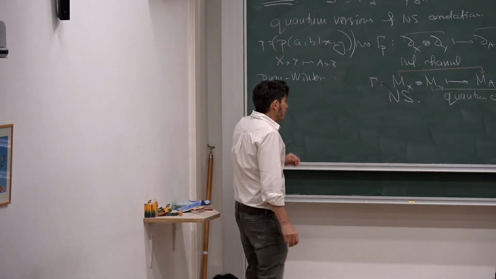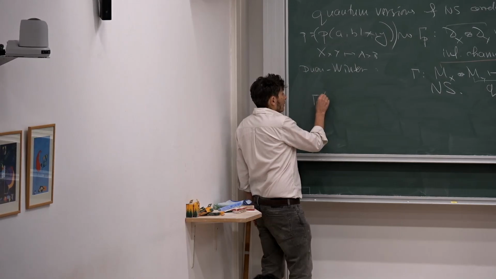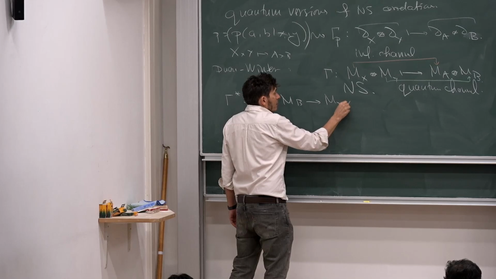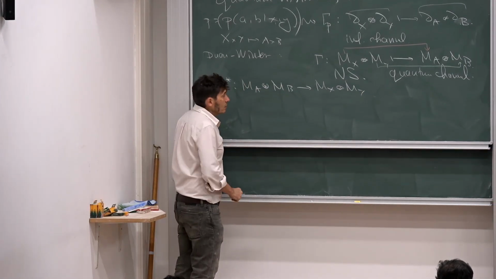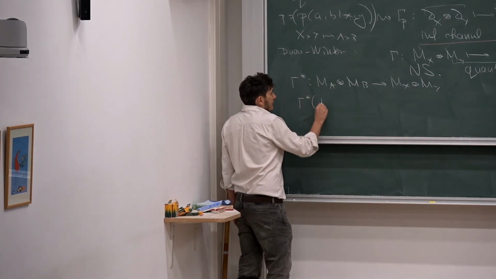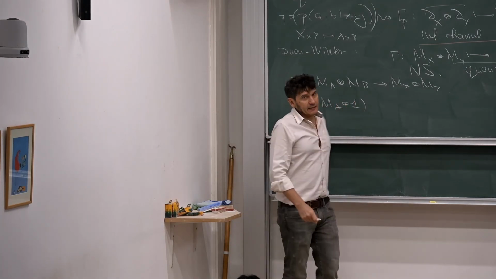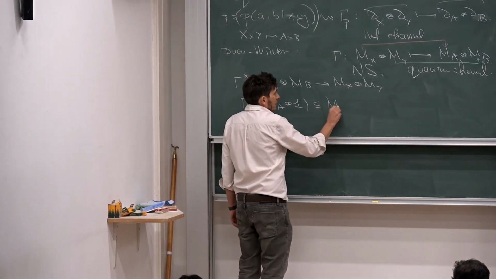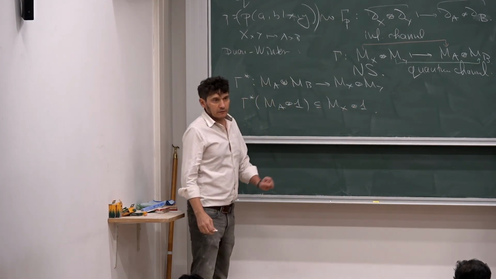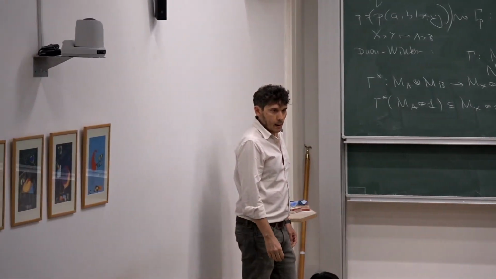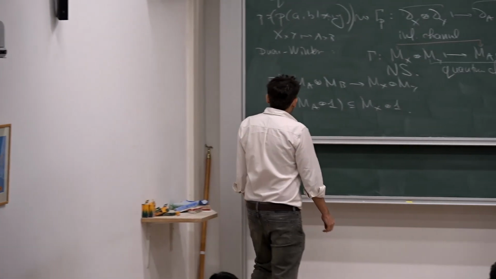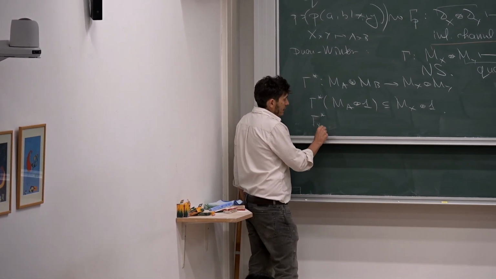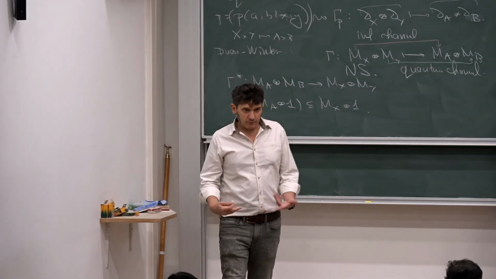Maybe what I can say, that's useful actually. It's an easier way to formulate it, just look at the dual, right? If you take a look at the dual, that's a unital completely positive map. The domains and the codomains are reversed. And the no signaling condition is simply saying that if I take the A system alone, embed it into the composite system, this will be mapped to the X system alone. And similarly on the other side. This is what you define as marginals of these maps. Right, if you have this condition, you can define obviously the marginal gamma star of the dual from X to A, and then you can take the pre-dual, that will be the marginal quantum channel now.